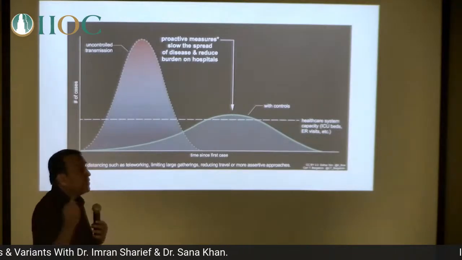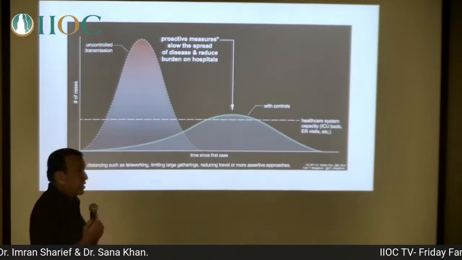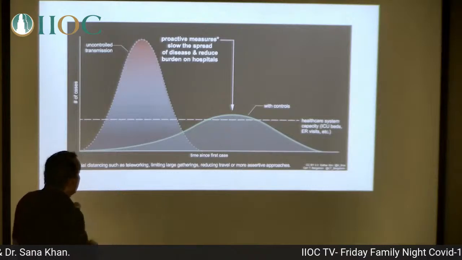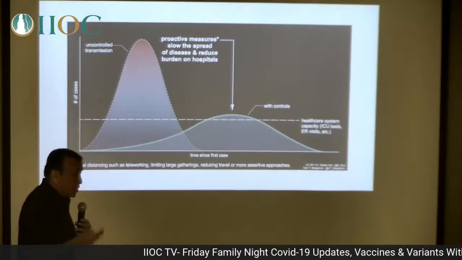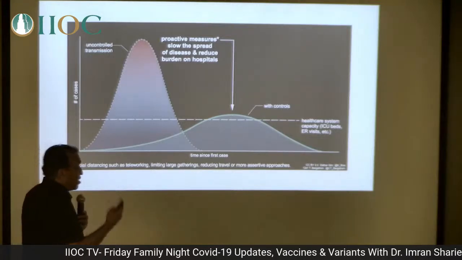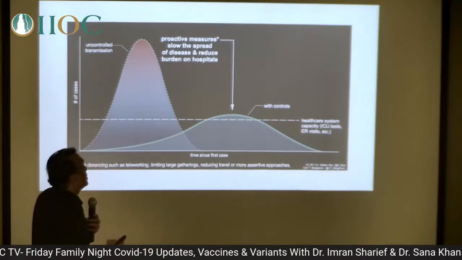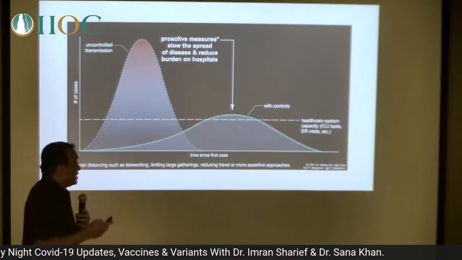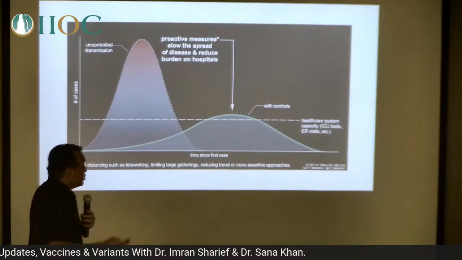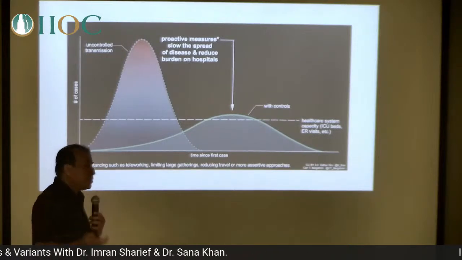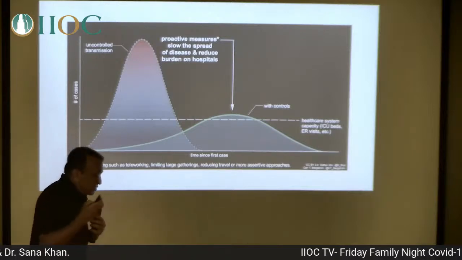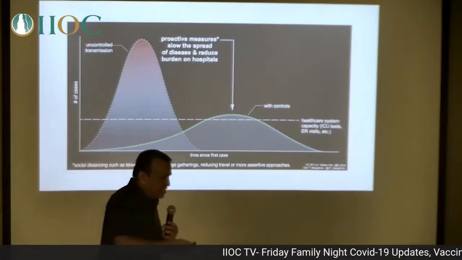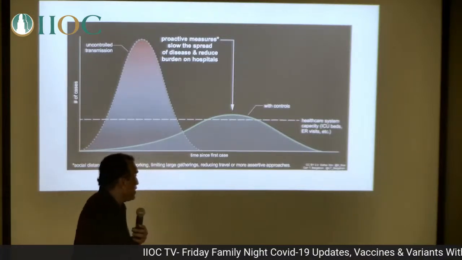80% or so will never even know that they got exposed because they're healthy, they got small exposure, and they're okay. So here's the concept of flattening the curve. You guys may have heard about this, but a lot of people don't understand what this really was, the significance of it. Very simple. As I said to you, all of us are going to get exposed. So imagine if there's a population of 2 million people and they're going to get exposed to COVID-19, all of them. Okay, or let's just say 1 million of them before we reach herd immunity.